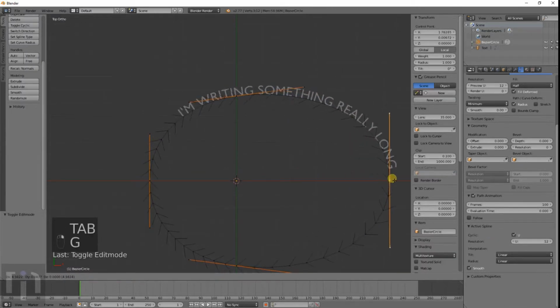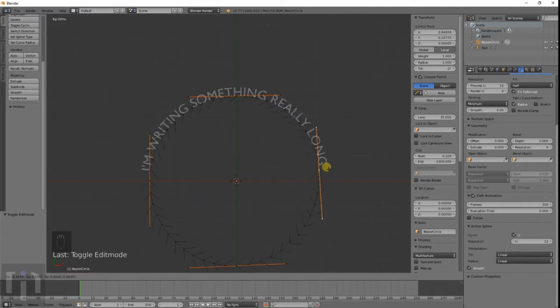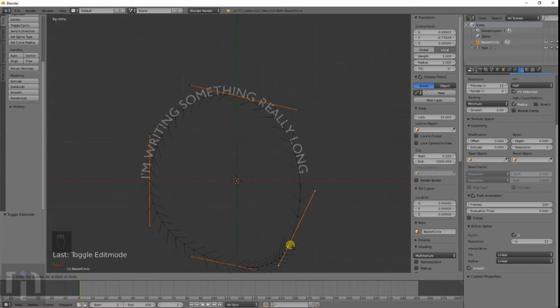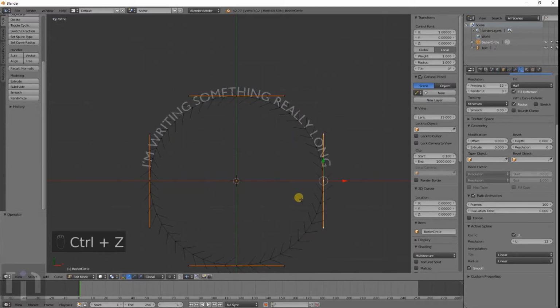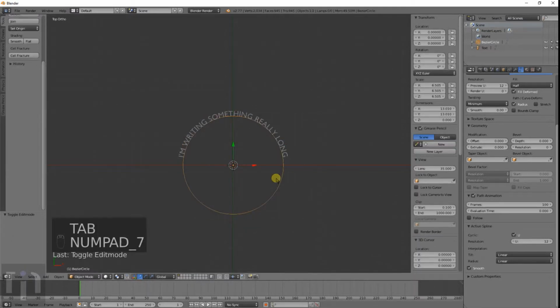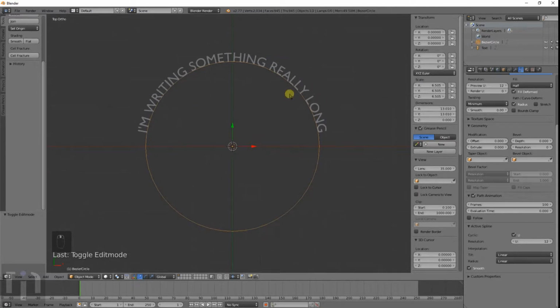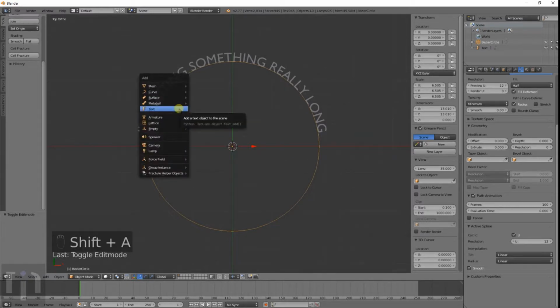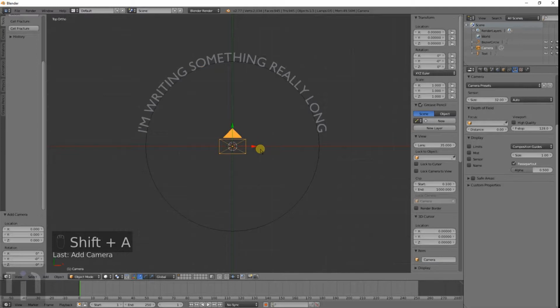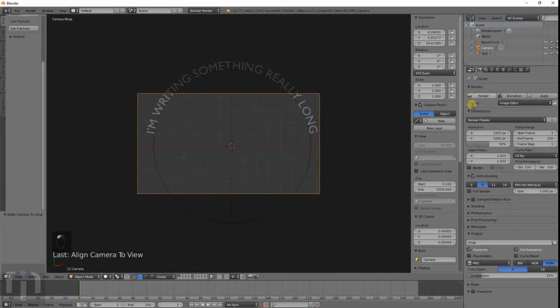So if you adjust it, you can make it do all kinds of weird stuff and pretty much make it however you want. And I actually use this instead of Photoshop, things like that. If I want to make a picture or something with writing, you can do this to basically use the camera. I don't have a camera in the scene, but create a camera and just